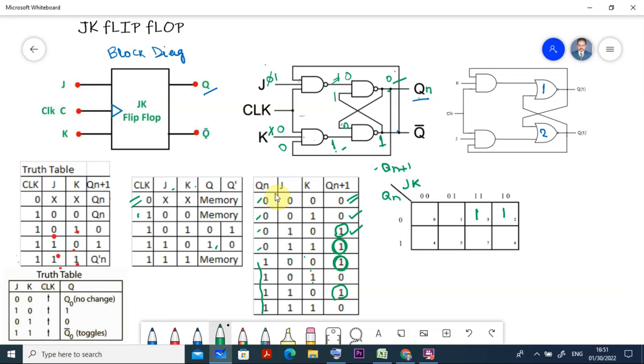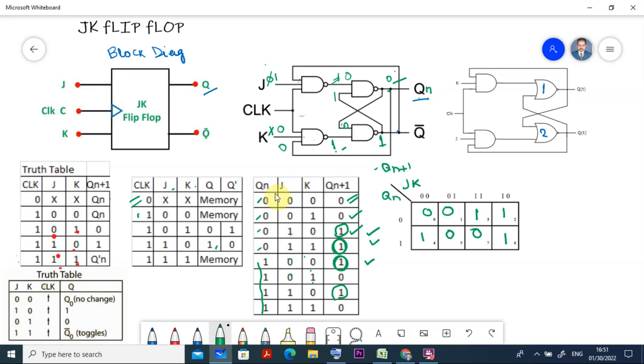Then at 1 0 0, what is 1 0 0 means here 1 0 0 it is also 1. Okay, 1 0 0, this case, that means this is completed, this is completed, this is completed. Then it is at 1 1 0, this is 1 and this is 1 0, this is also 1, this is also 1. Remaining all are 0. Here it is 0, here it is 0, here it is 0, here it is 0.